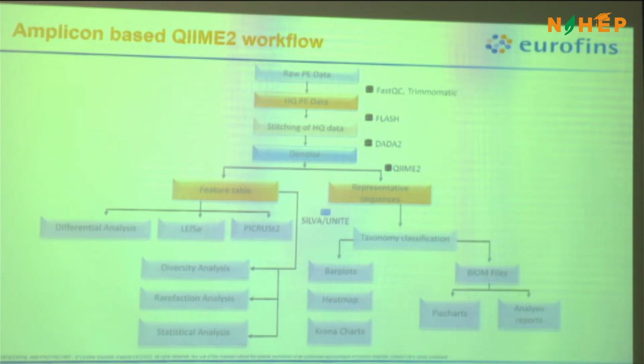We check that the sequences are good quality. By good quality I mean that the quality of each base should be good, more than somewhere around 25 to 30 QV. And your trimming ends, because the sequencing is 600 cycles, which is 2 into 300, the end of the sequence